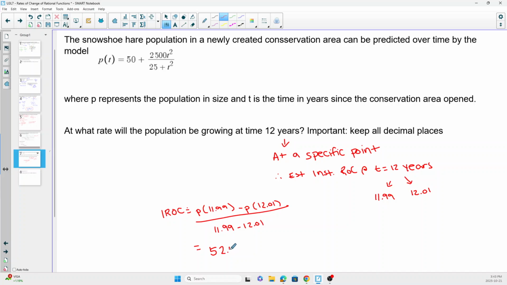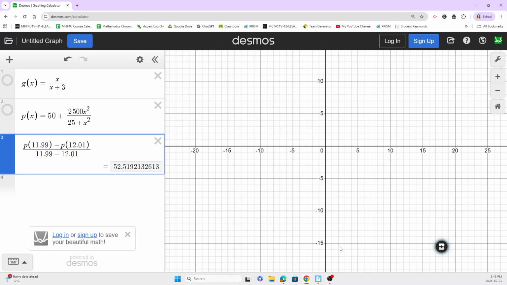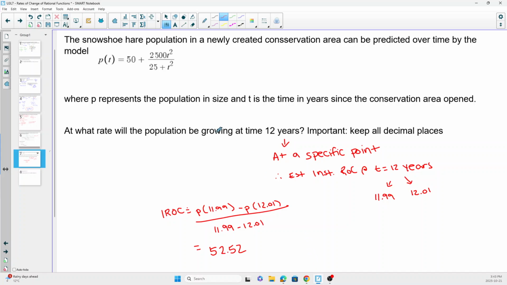52.52, I think is what I said. Is that what I said? 52.52. Okay, and this is a word problem. So we're going to say, therefore, it is estimated that at exactly 12 years,